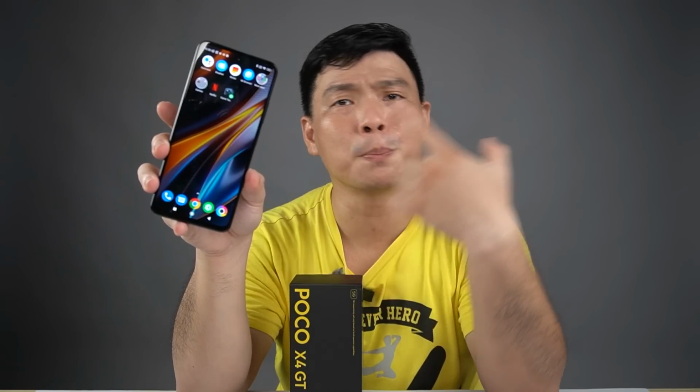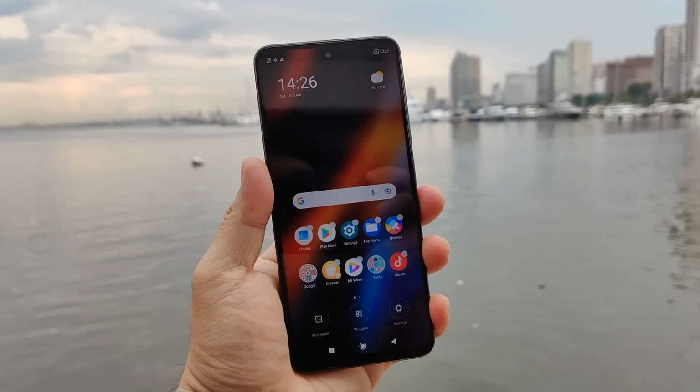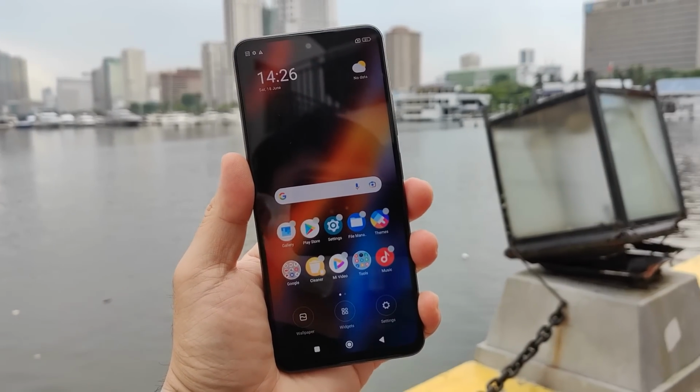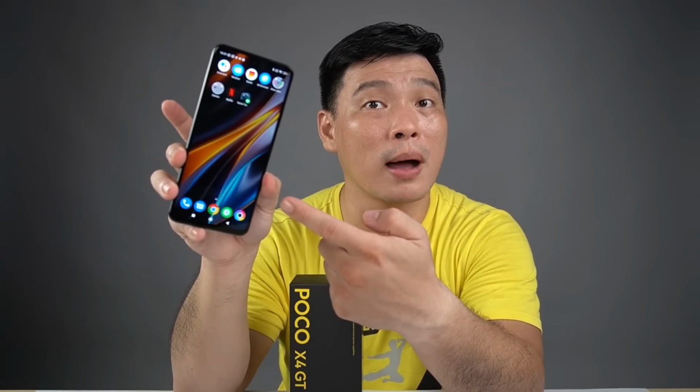Meron siyang true color display, and ang kanyang maximum na brightness is 650 nits. Nilabas ko naman siya sa araw, and sometimes okay, sometimes medyo nahirapan siya lalo kung sobrang lakas ng araw. Pero at times, pag pumunta ka naman sa lilim, wala namang problema. But sobrang liwanag ng araw, medyo nahirapan siya ng konti, kasi hindi sobrang taas ang 650 nits. And another thing that you should know, ang front niya is a Corning Gorilla Glass 5, plastic